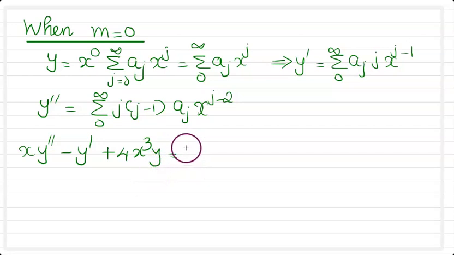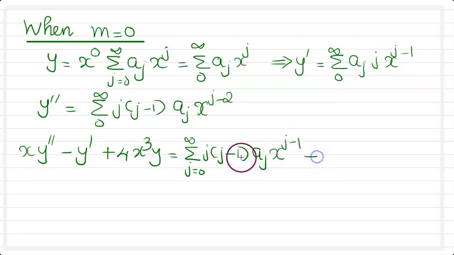Substituting their power series, we have x into y2 dash will be equal to the series summation, j varying from 0 to infinity, j into j minus 1 into aj into x raised to j minus 2, into this coefficient x will give x raised to j minus 1, minus y dash. Y dash is the series summation over j varying from 0 to infinity aj into j into x raised to j minus 1, plus 4x cube into y,